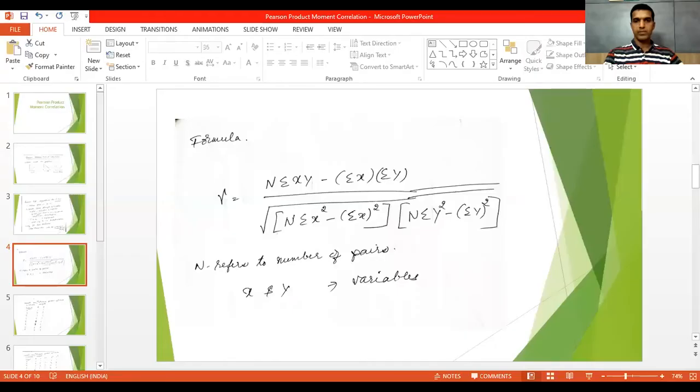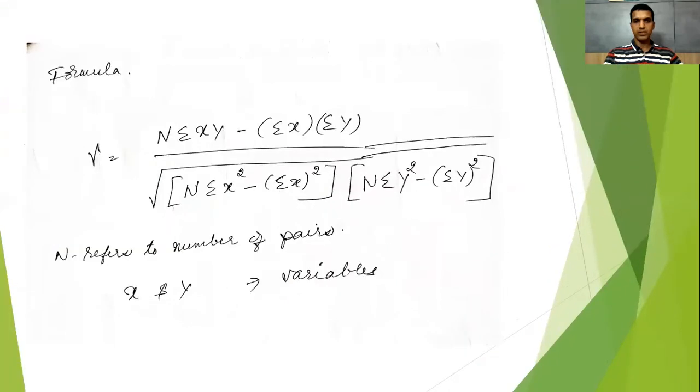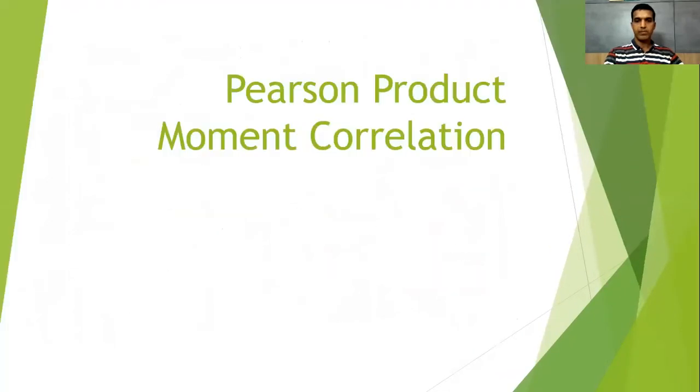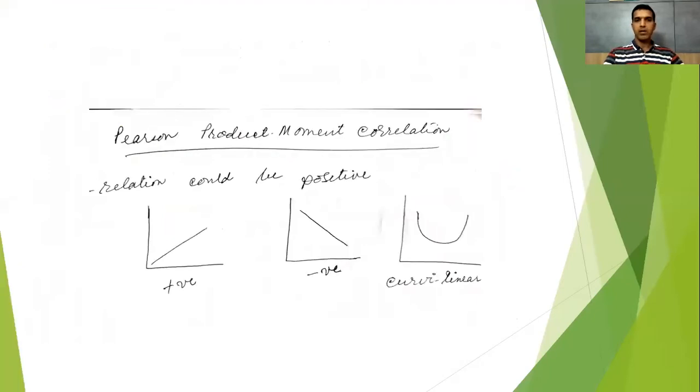Classes. We have already seen the t-test, and today we shall learn another test called the Pearson product moment correlation. Now as you can see, what is this Pearson product moment correlation test? It is once again a parametric test, and if you can see here, there are three